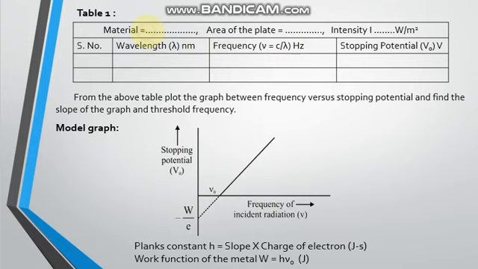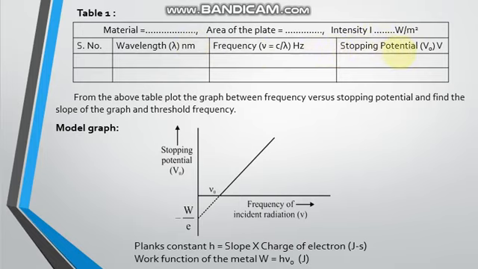So we have to select a material that is fixed, and the area of the plate is also fixed, and the intensity of incident electromagnetic radiation is also fixed. Then you take the observations by selecting various wavelengths. So you select some wavelength, and whenever you know the wavelength, we can convert it into frequency also. The frequency is equal to c by lambda, and here lambda is in nanometers. You convert into meters by taking 1 nano equal to 10 power minus 9,